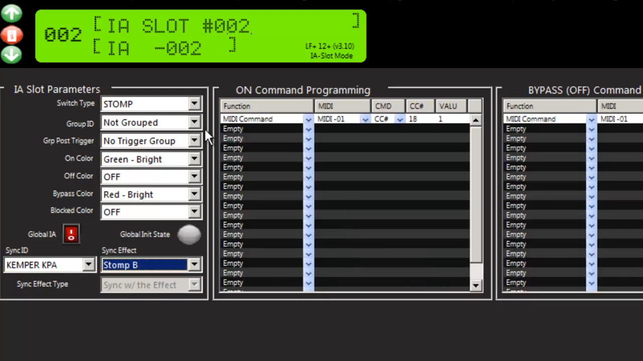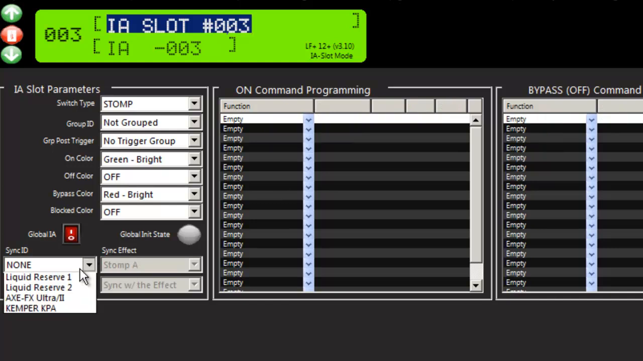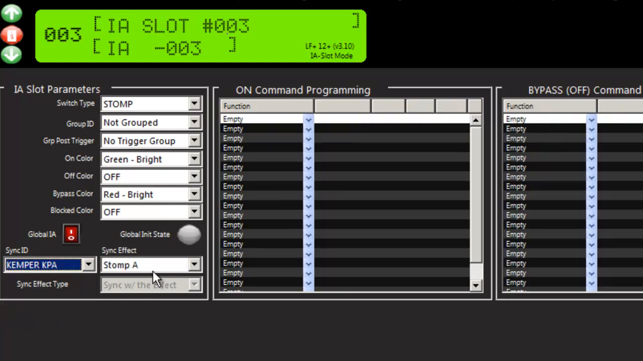So I can go to B, and I can go up and whoops, select Kemper and pick C. You can see it's very easy to program, very quick. So let's say we did that,